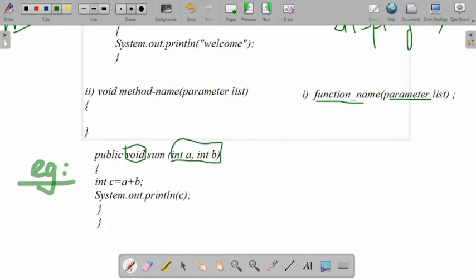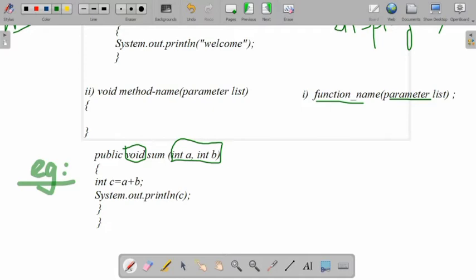When a method is receiving two arguments, you have to specify the data type of each argument, separated by a comma. So the first argument is a, which belongs to the integer data type. So how do we write it? int a, comma, the second argument int b. Always follow this way. Don't write int a, b. Many of you make this mistake, writing int a comma b for two arguments. It is wrong. When writing the parameter list, you should specify the data type of each parameter, separated by commas.